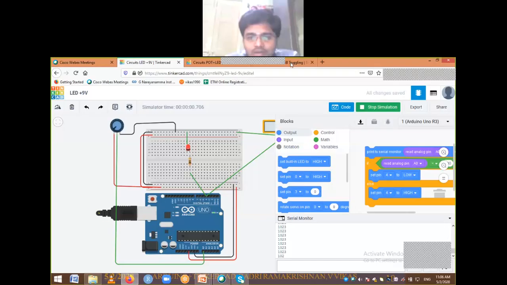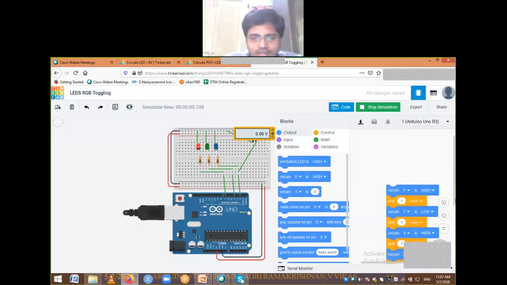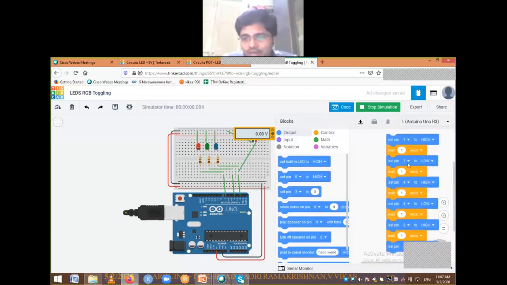I also want you to see one more thing with LEDs. I just created some LEDs over here. You can take this as an example, and you can work on it at home. I have red, green and blue color LEDs, and I am making them glow. You can see the condition I am writing. The red one I have connected to the 7th pin. So the 7th pin is initially made high. After 1 second I want to make it low. Again it will wait 1 second.